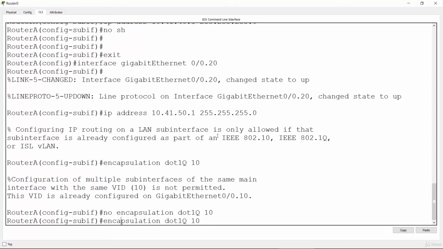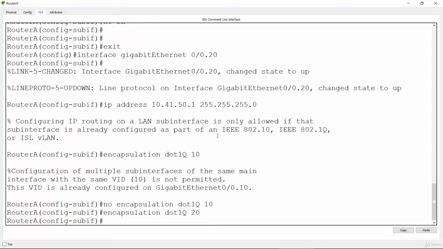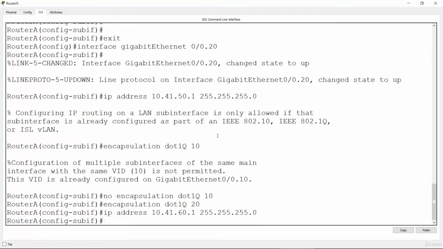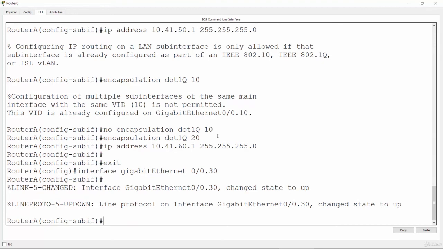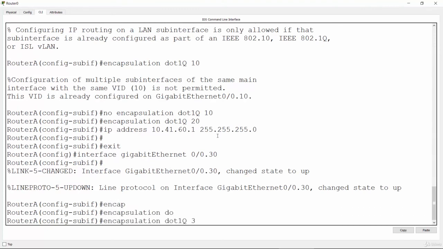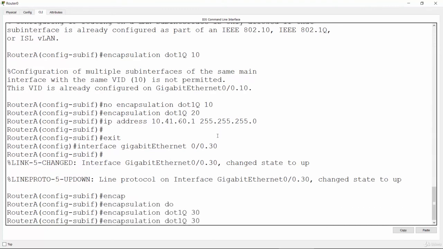This is gonna be 20 surely, and my IP address will be 60. Okay. And let's go to the last sub-interface. Encapsulation dot1Q 30, and we'll have an IP address of